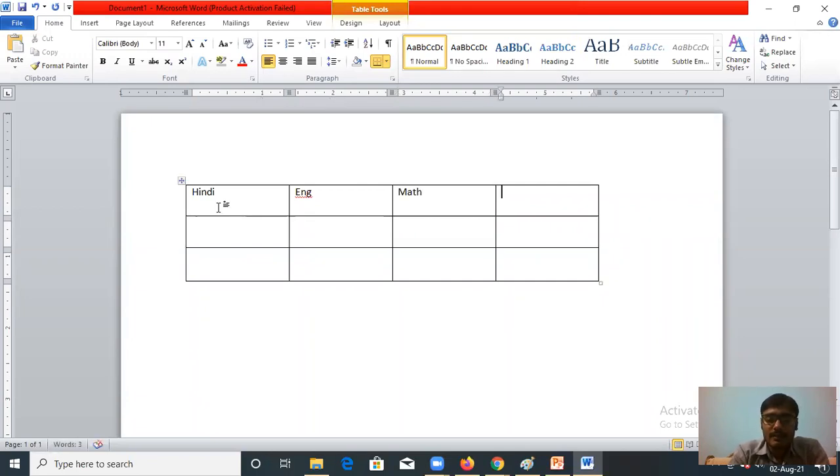Now here I have to calculate the total marks. Okay, so let me insert some marks. Now suppose I have inserted these 3 marks and I have to add all the marks in this total.